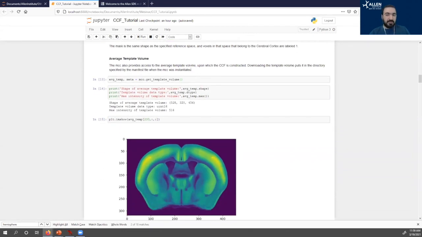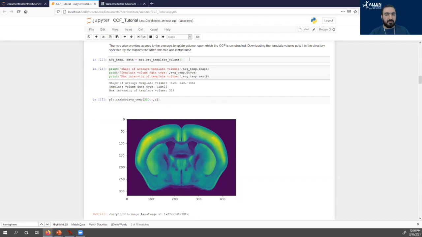We may also want to look at the average template. So this is the template volume that Lydia talked about that was created from averaging 1,675 mouse brains. And if we want to access that, we can get that through the mouse connectivity cache. We can get this template volume. Again, it has the same dimensions here because we've specified that we're in 25 micron resolution. It's in 16-bit integers, and these values, the maximum one is 516, are really just the intensity of the signal